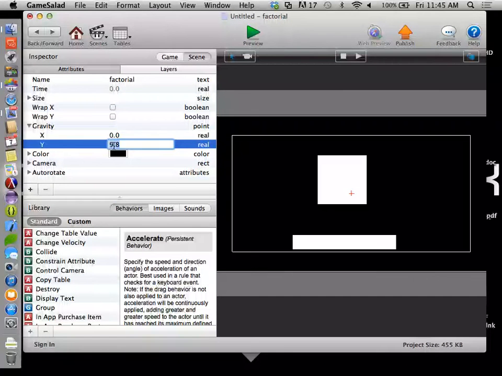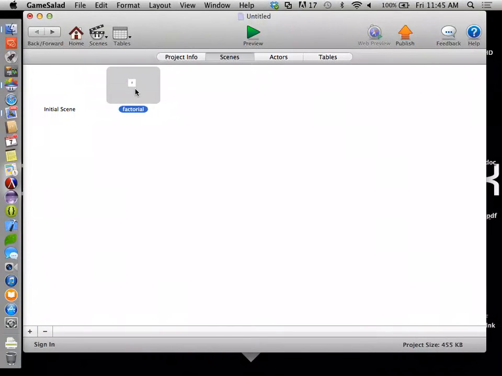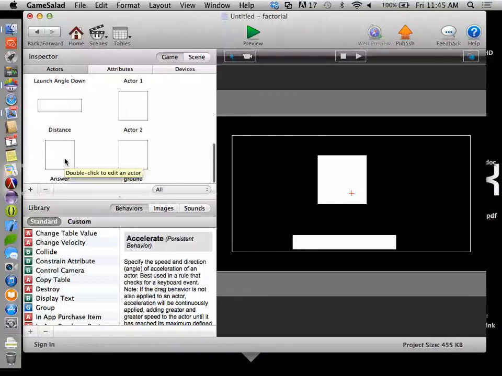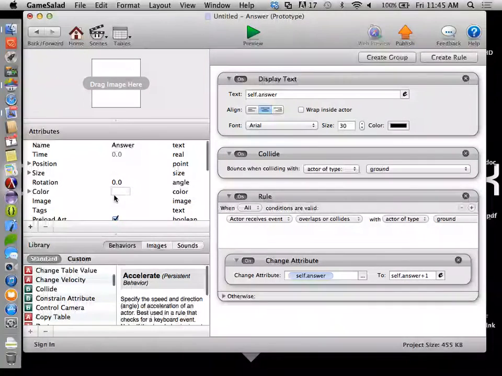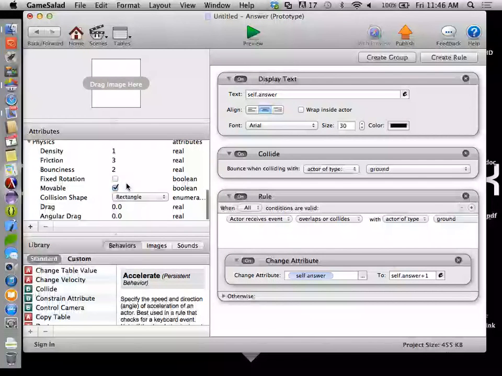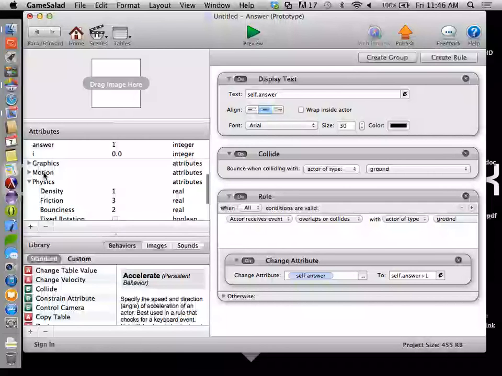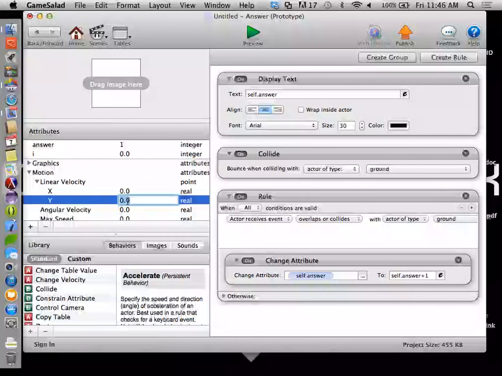He wants to turn gravity off here, but he wants to set our answer in motion heading downwards, which you can do. Motion, linear velocity on y to